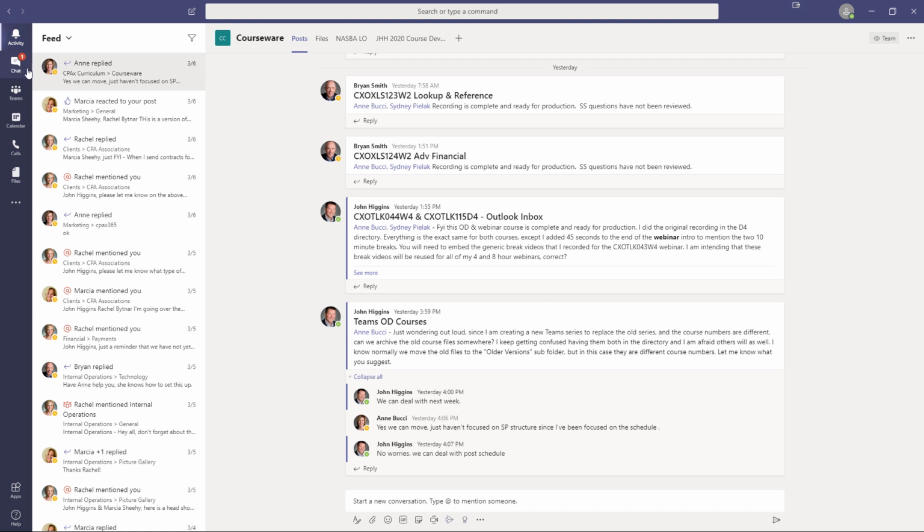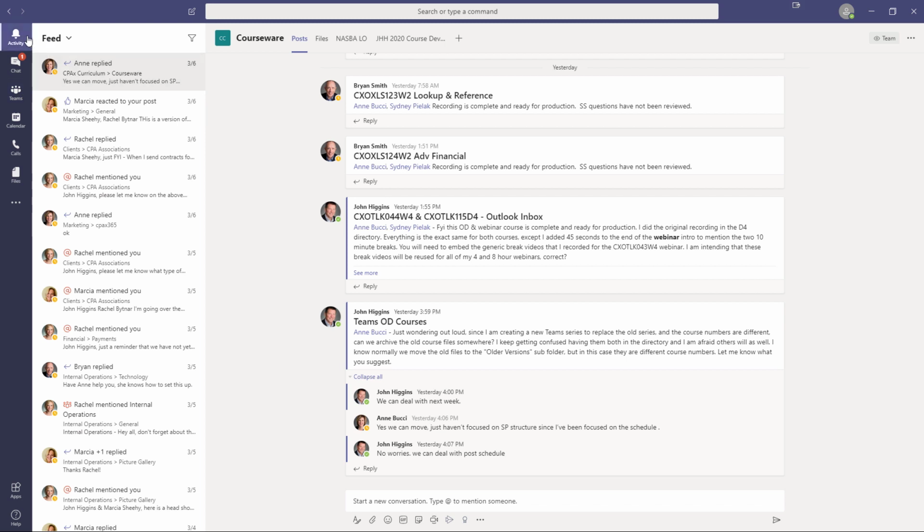That just means somebody's chatting with me right now, or somebody's posted a chat and I have not read it yet. It doesn't show up on the activity bell because chats are chat. You click on the chat button and you'll see exactly who's trying to chat with you. But in the activity bell up here, the reason it lights up with a badge is because somewhere in one of my teams, and I might have hundreds of teams,